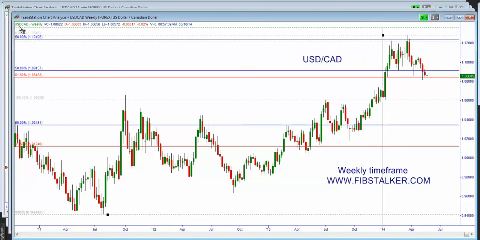We should see strength in the US dollar, but we are seeing weakness, which is okay, as I'm in Canada. I live in Canada, but besides this joke and this comment here,